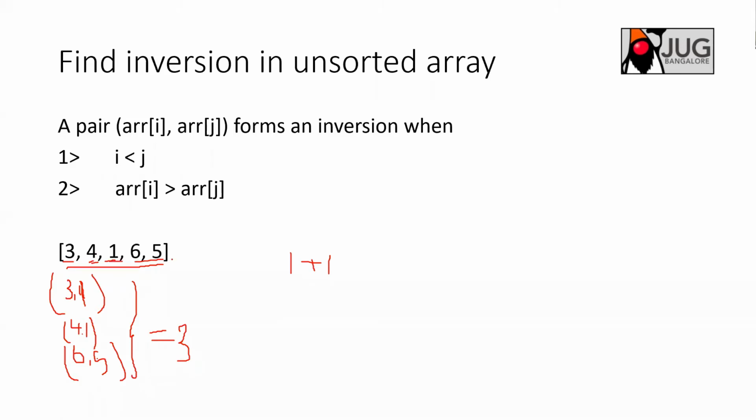Then you check with the 1, none of them are less than 1. Check with 6, yes, 5 is less than 1, then you add the count. And you can iterate till the n minus 1th element, because your last element you don't need to do, because somebody has already covered it. So this is how you can do.